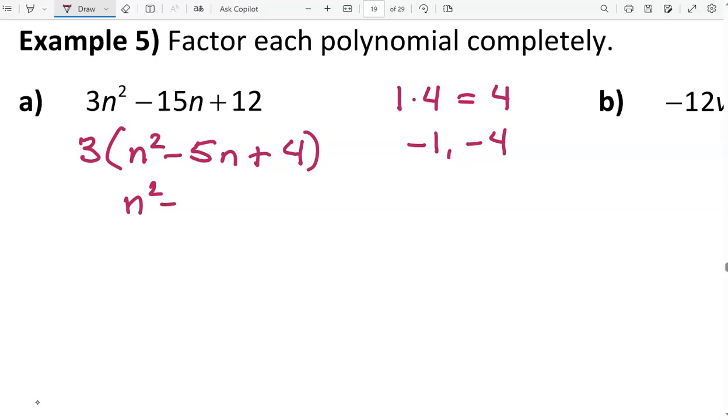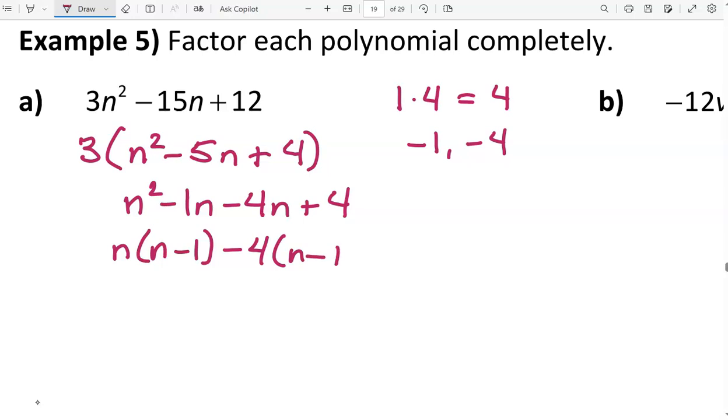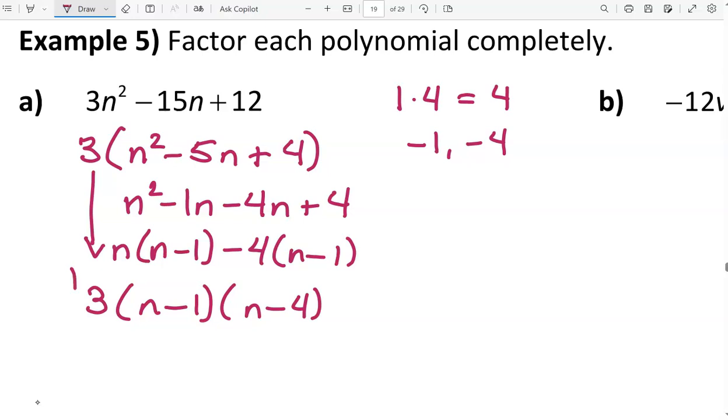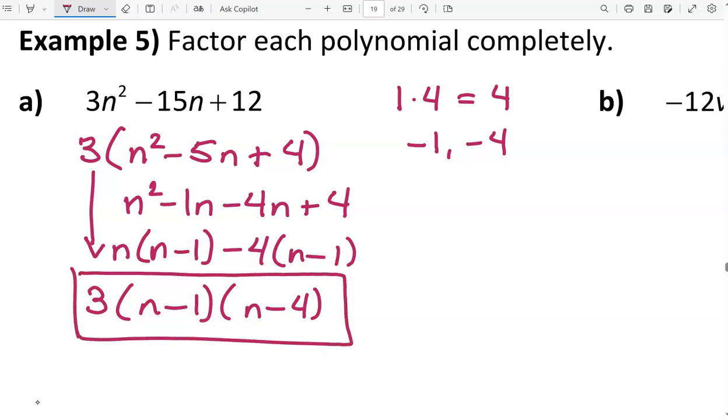So splitting the middle term, n squared minus 1n minus 4n plus 4, and that's n times n minus 1 minus 4 times n minus 1, or n minus 1 times n minus 4 in factored form. Don't forget, however, to bring down that GCF to the last step, because